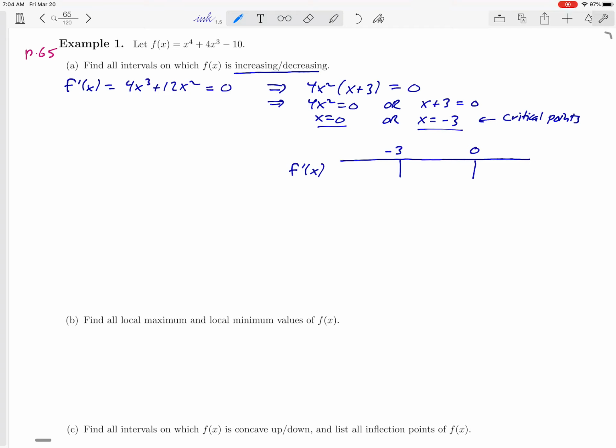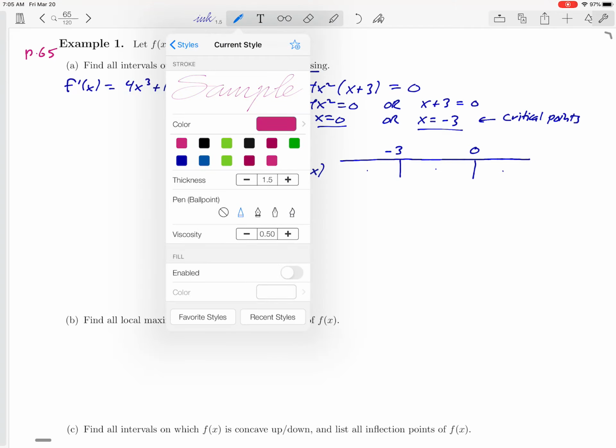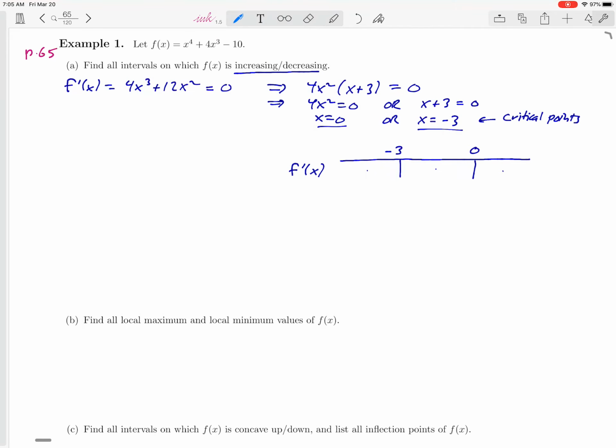That negative 3 and 0 that we found, think of those numbers as splitting the number line into three zones. There's this zone here for numbers that are less than negative 3. There's a zone in the middle for numbers between negative 3 and 0. And then there's a zone to the right, numbers that are greater than 0. We are interested in knowing whether the derivative is positive or negative in each of those three zones. So to answer that question, we are going to pick what's known as some test values